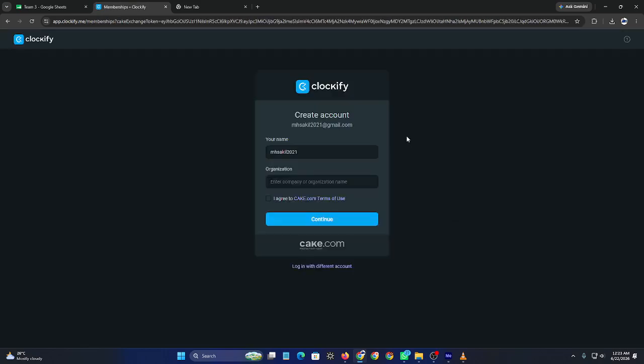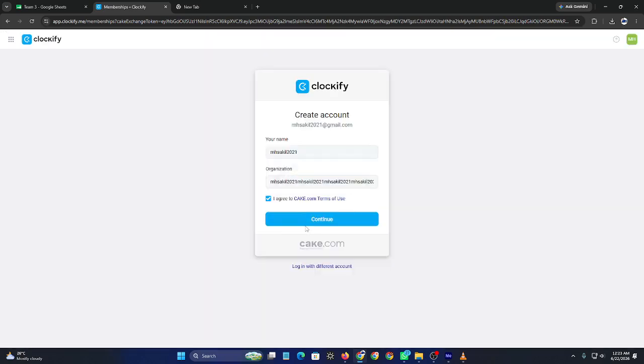Before you start working, consider adjusting your account settings, time zone preferences, notification options, and profile information to match your workflow. And that's how to create a Clockify account. By following these simple steps, you'll be ready to start tracking time, managing projects, and improving